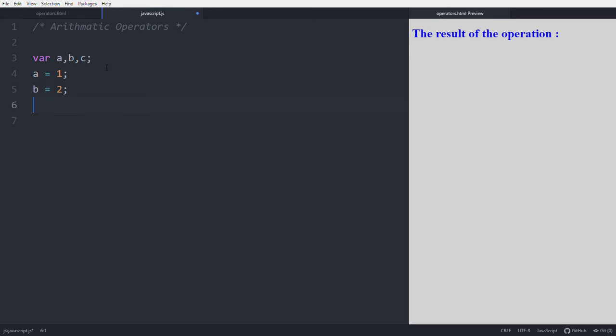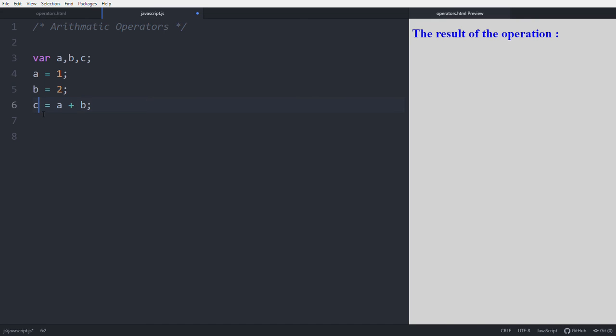Do the arithmetic operation addition with the plus. C equal to A plus B. The C value is 3, because 1 plus 2 is 3. 3 is assigned to the C.